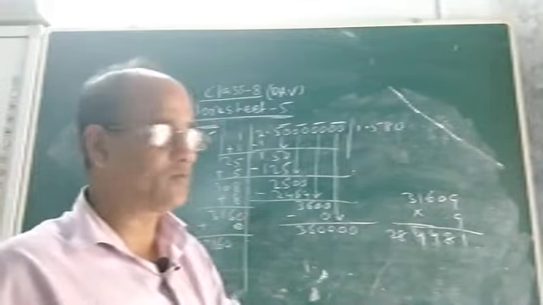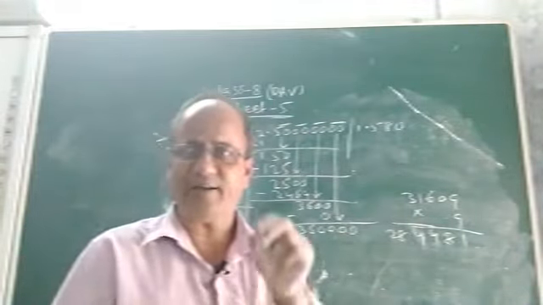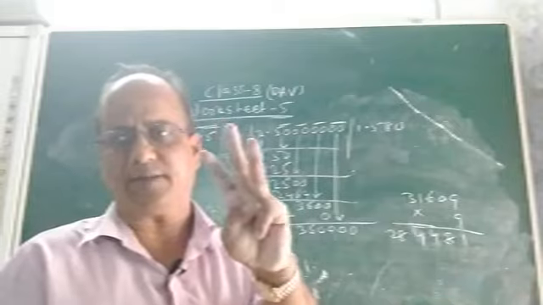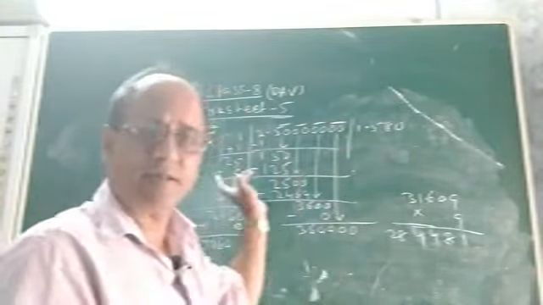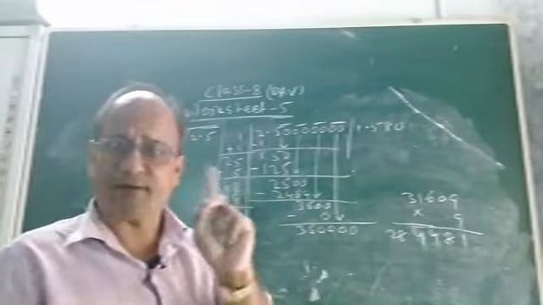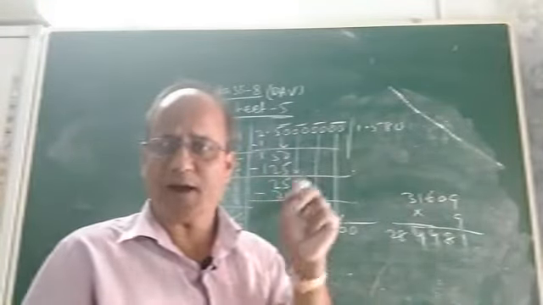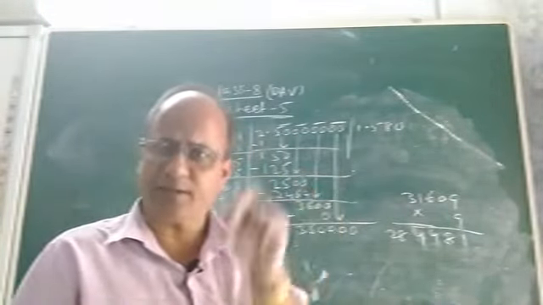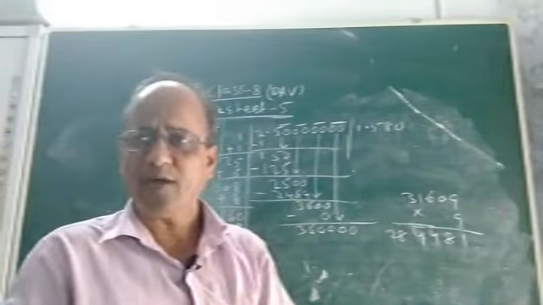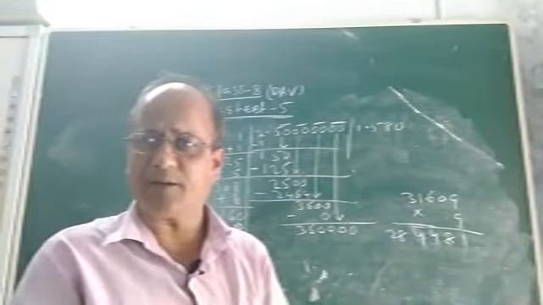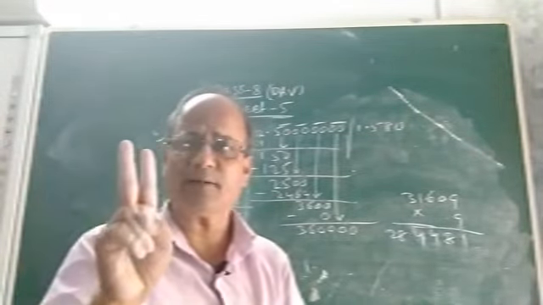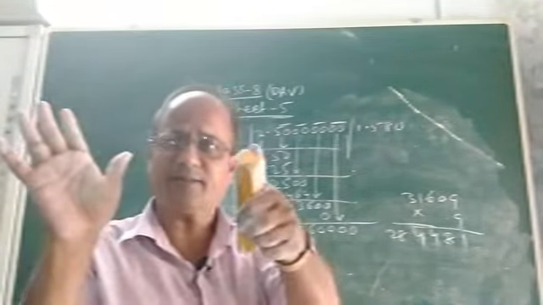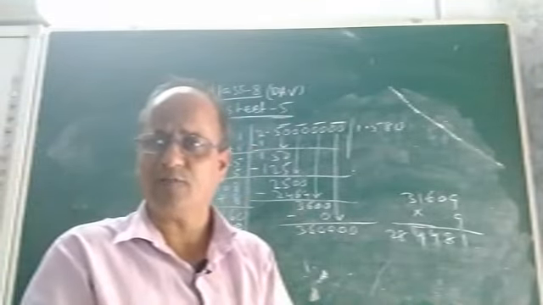To find its square root, see, as you want to find its square root correct to 3 decimal places, what I had said, you recall, when the question is to find, you see, 2.5 is a non-perfect square or non-square number. To find its square root correct up to 3 places of decimal, we have to take how many digits after the decimal point? 8 digits. If you are asked to find correct to 2 decimal places, then you will take how many places? 6 places after the decimal point.